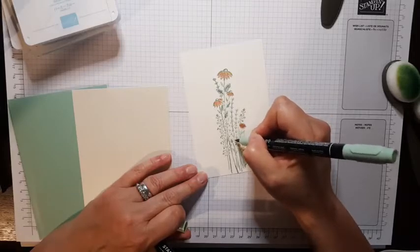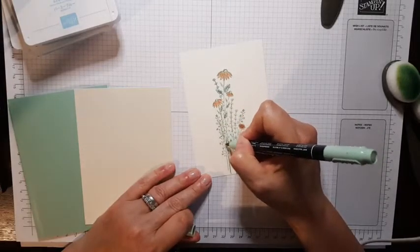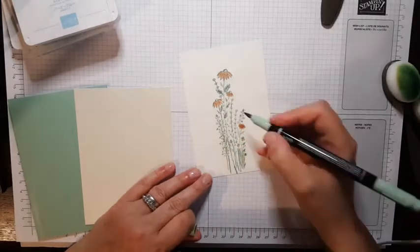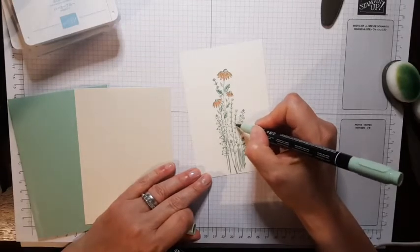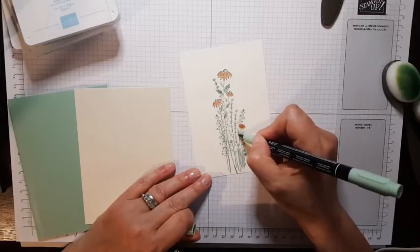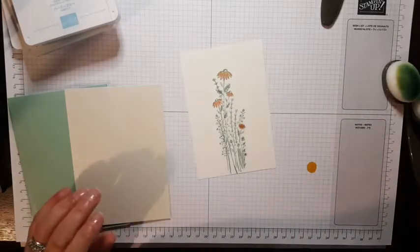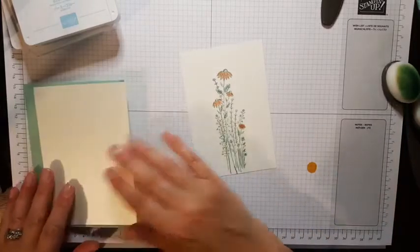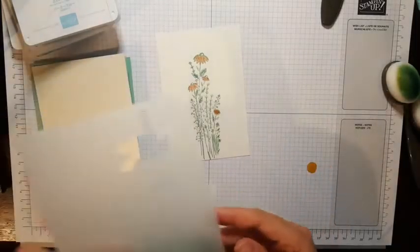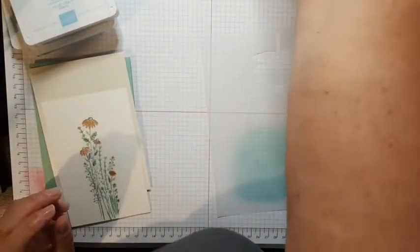So I'm just adding a little bit more depth into some of those stalks with the Stampin' Write markers. Add a bit more colour into some of those leaves. It's quite therapeutic, that. So then let us see, where is my, let's just try it in,